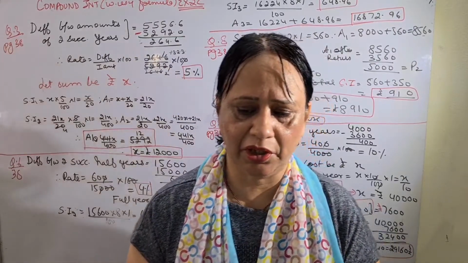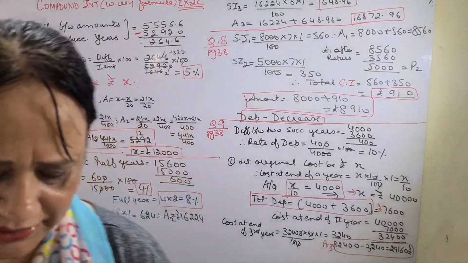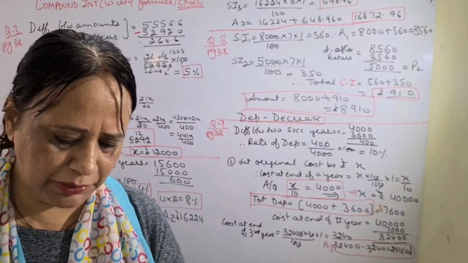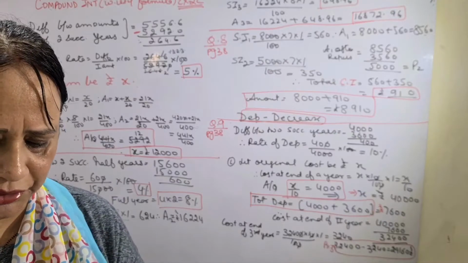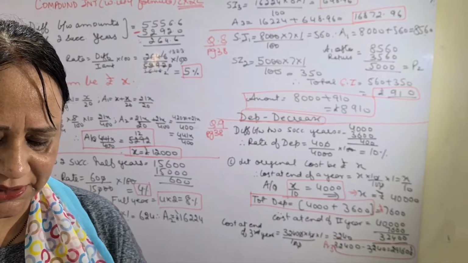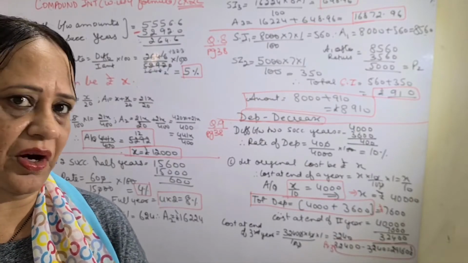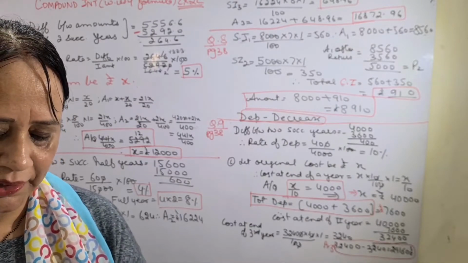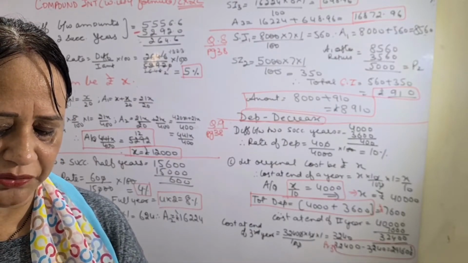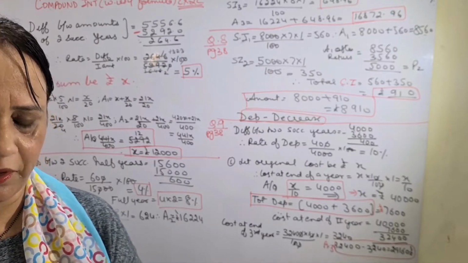Question number 3 of exercise 2C. We'll go through it. The question is very simple. A certain sum amounts to rupees 5292 in 2 years and rupees 5556.60 in 3 years. So it is 2 years and 3 years, and obviously it is successive. Interest being compounded annually. So first, what I want to tell you in this exercise is to find the rate of interest.